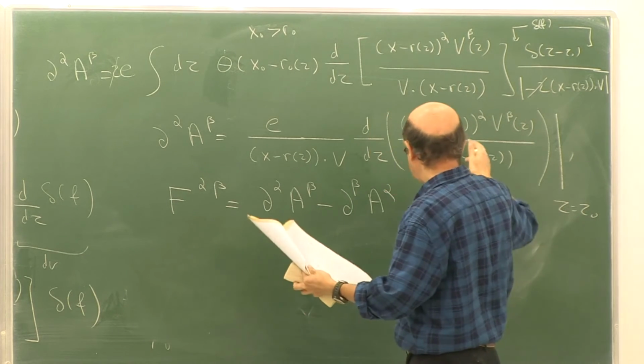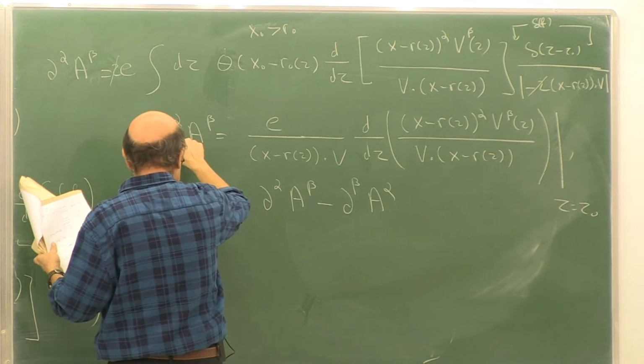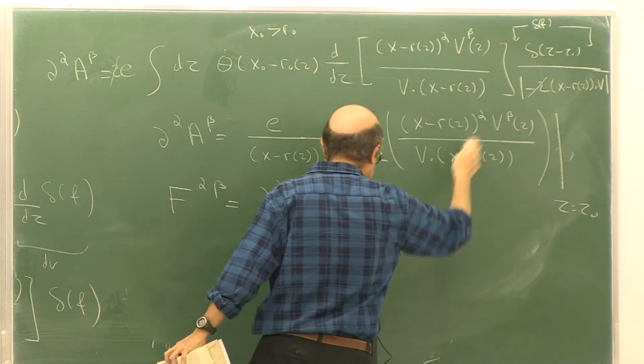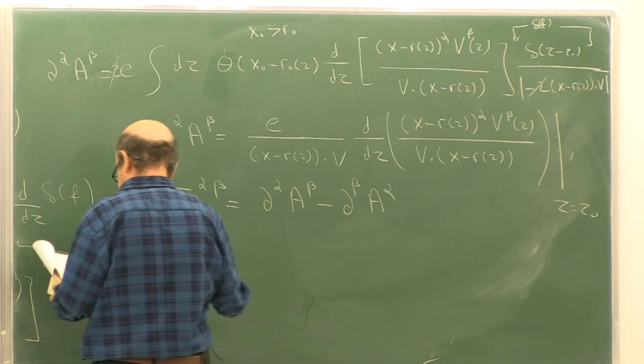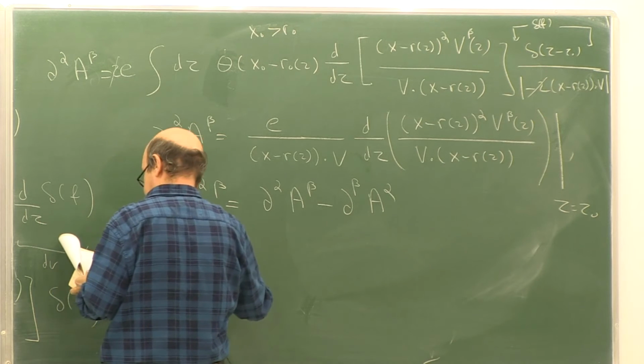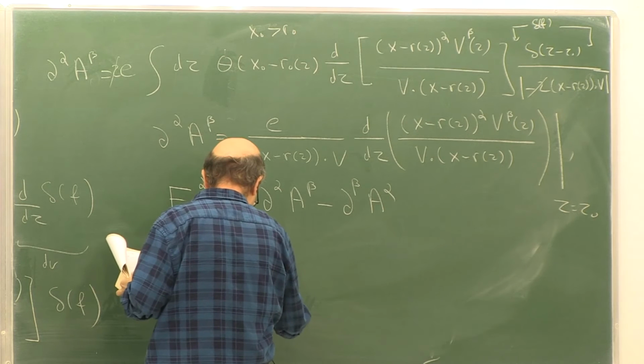Instead of alpha say beta, and instead of beta say alpha, you replace alpha and beta, and you will obtain the field strength tensor as charge over